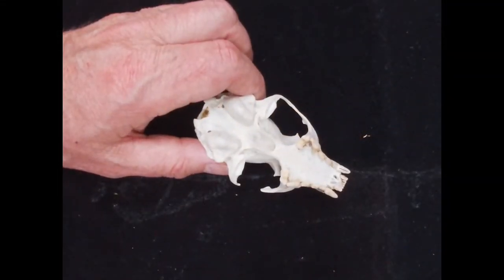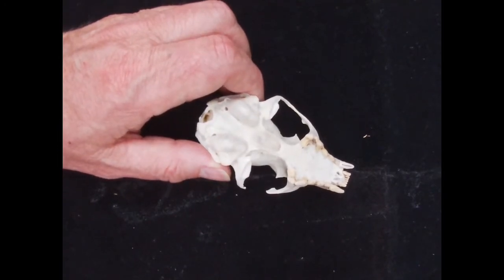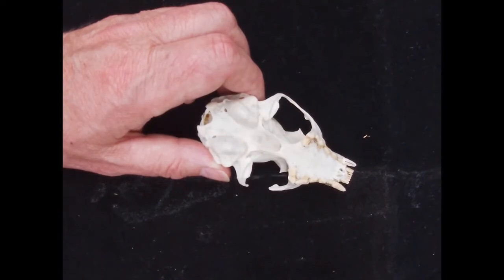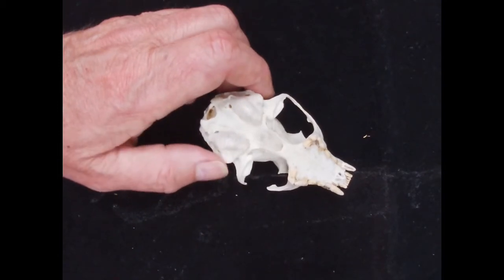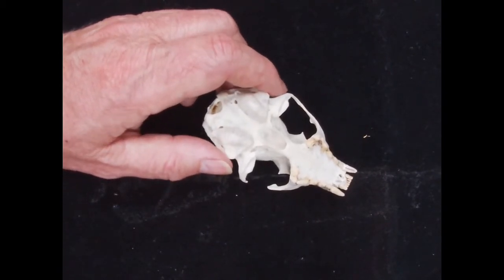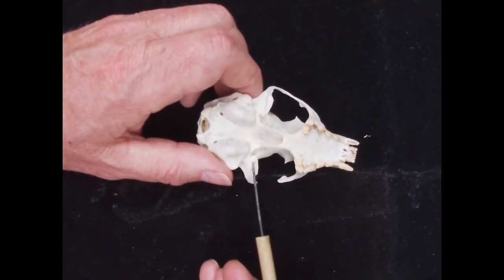I'm going to walk you through some of the Mustelidae. Mustelidae is the largest of the carnivore families here in Wisconsin. We've got a pretty good diversity of mustelids: fishers, American martens, long-tailed and short-tailed weasels, least weasels, badgers, and otters are all mustelids. So now, a typical mustelid: these are hypercarnivores, so they're all going to have a very well-developed